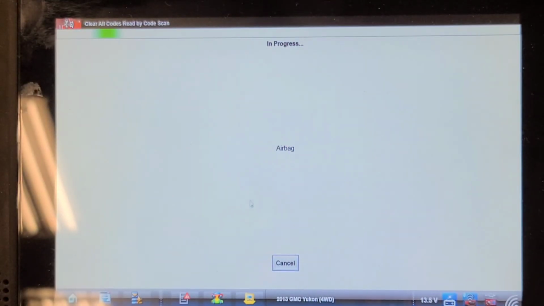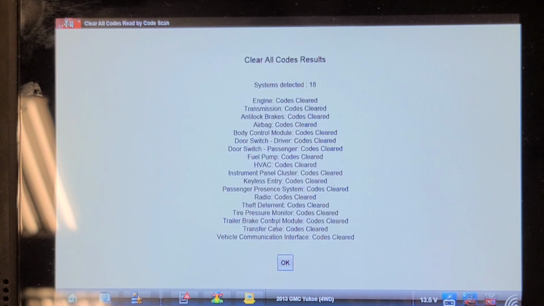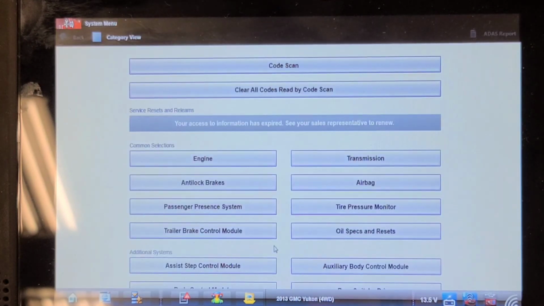So I'm going to clear all the codes read by the code scan. As I said, we're chasing a ghost here, so this has apparently happened 2 or 3 times in the last year. Just recently, last week I think, or the other day. So it could be the instrument cluster, it could be wiring, could be one of those connections. But we're going to leave it at that,